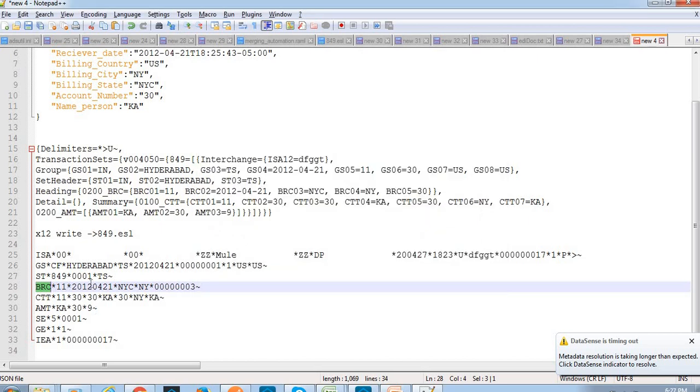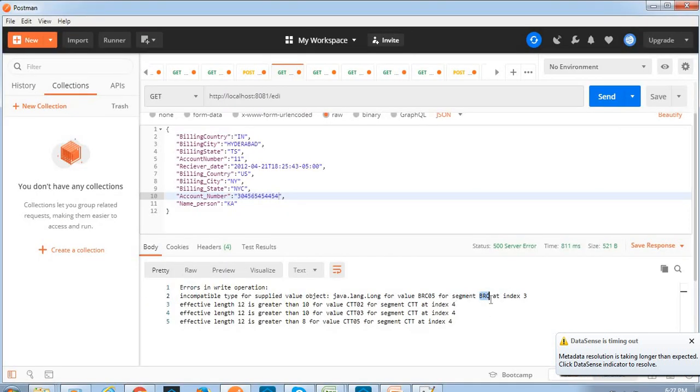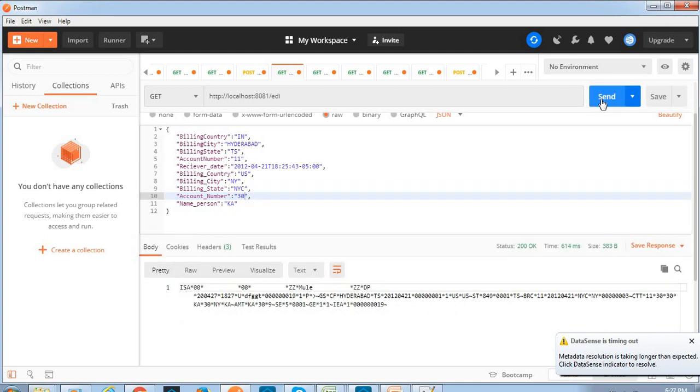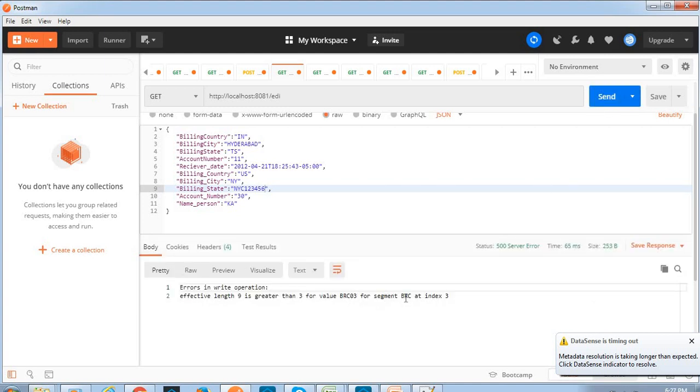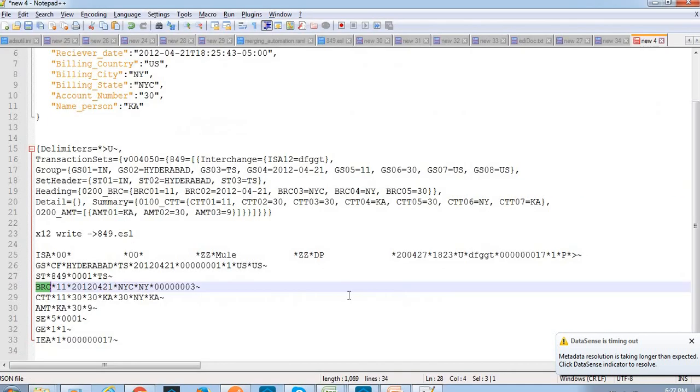BRC at index 3. We have to provide the specific length only. Okay, now we are able to get the data. Let me change this billing state also. Now I send it, and we got the error: BRC at index.